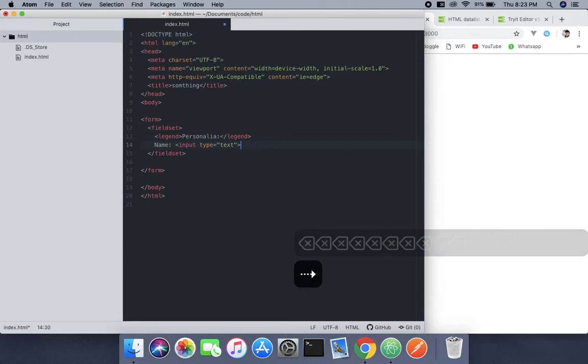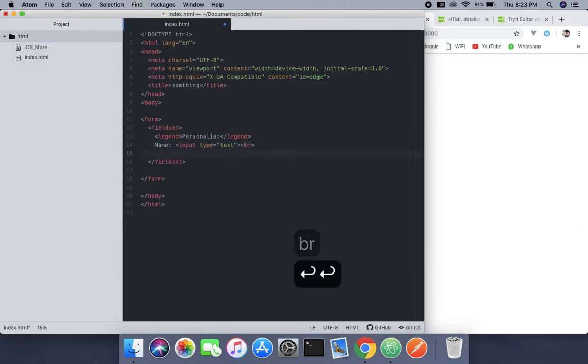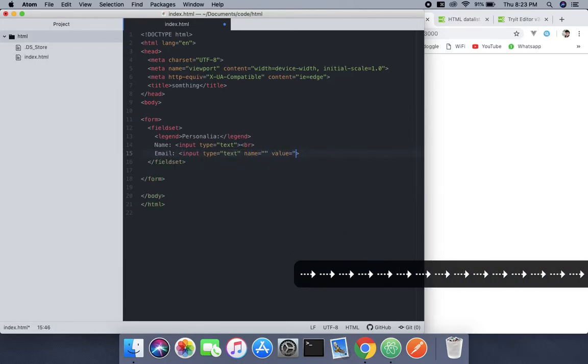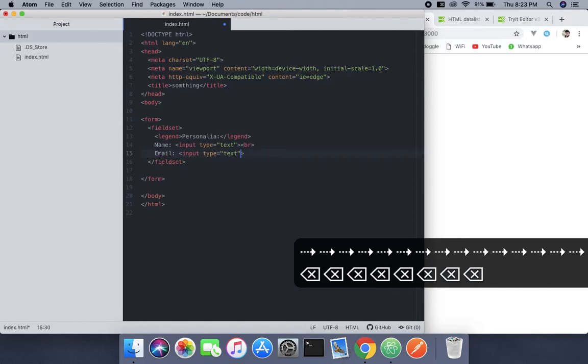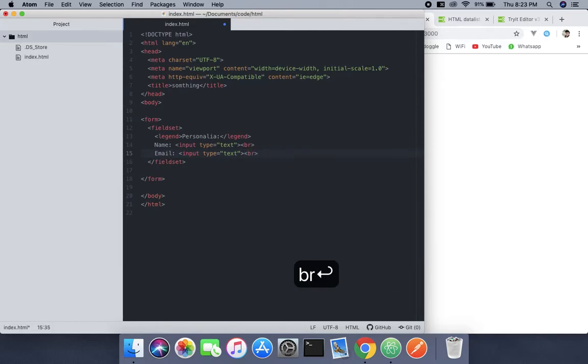And use the BR, another tag, it would be email, and then input, and use the BR again, and we're going to use the date of birth, DOB. I'm not going to type all of that, right? So input,